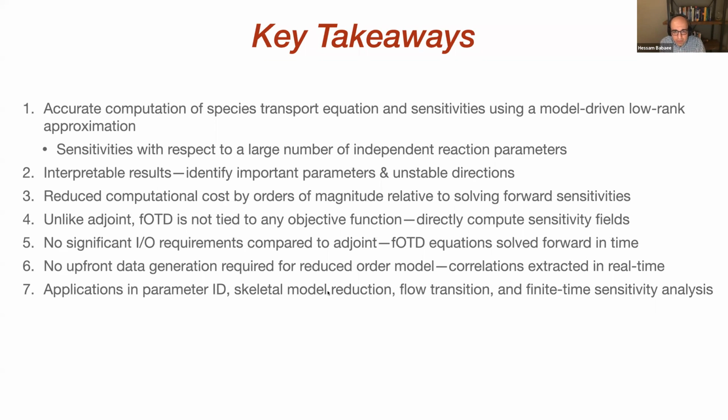Perhaps the most important reduction we do here is in terms of memory and storage. So we always solve this equation in this compressed form. You can multiply these matrices and have the full matrix, but you don't have to, and you can always solve this equation in this compressed form. And so that allows you to reduce the memory and IO demand. Then you can store them in this compressed form. Then you can go back and reconstruct them. So that allows you to solve these equations in this reduced form.